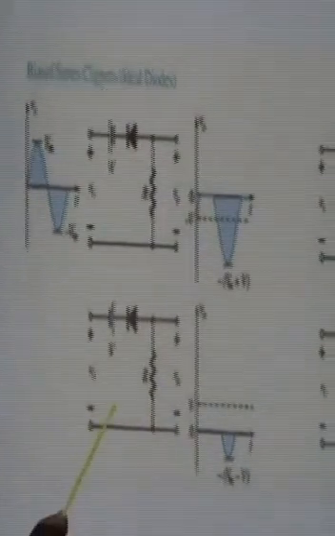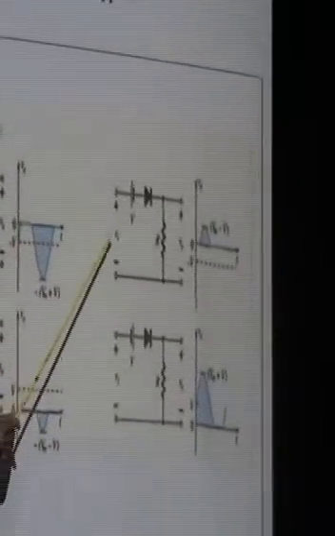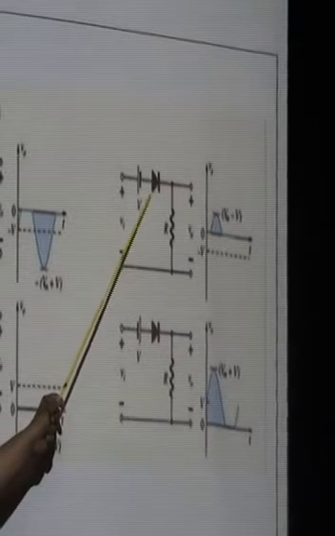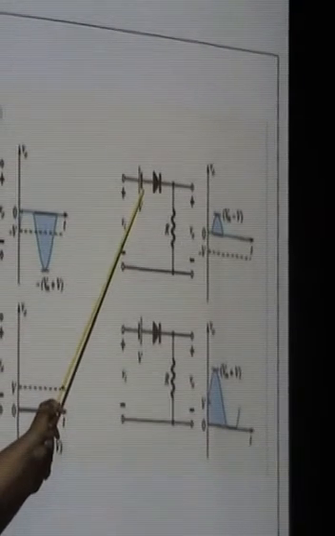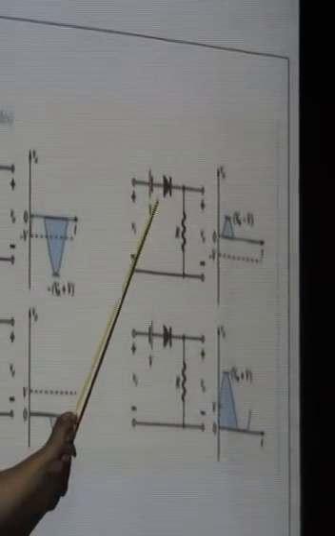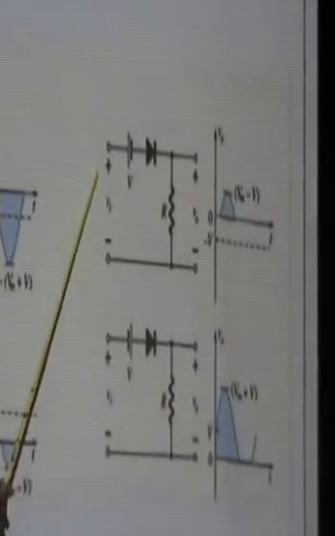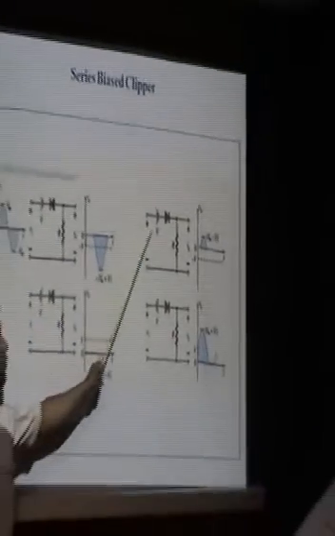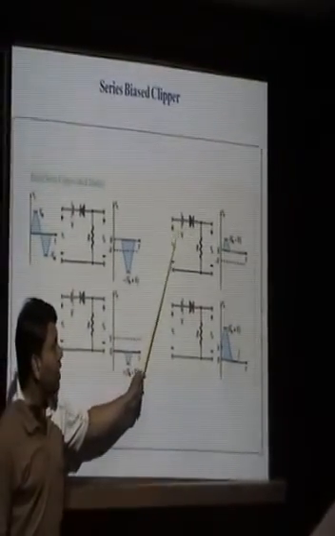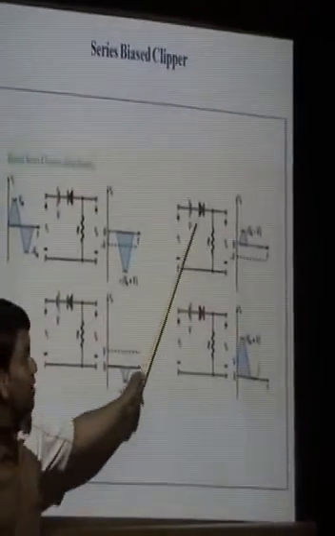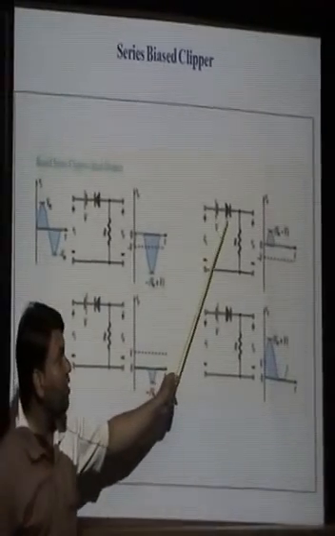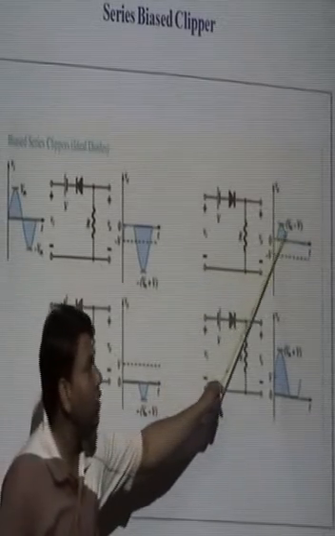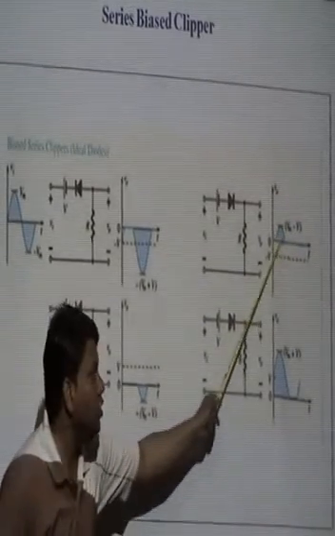While in the figure shown on the right hand side of the slide, we find that now the direction of the diodes is changed. For this direction, this is the P terminal and it is attached with the negative. That means this battery opposes the conduction of the diode, and these input terminals will allow the conduction of the diode. So for the positive half cycle from 0 to pi, the diode conducts and there must be a certain finite current. And because the battery opposes, the peak Vm is reduced by V, which is equal to Vm minus V for 0 to pi.